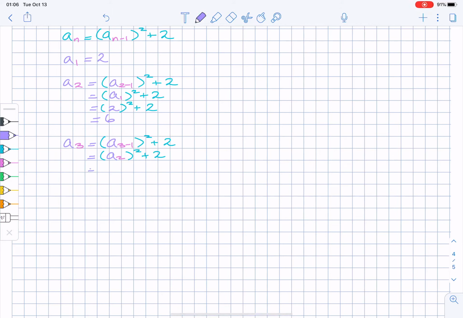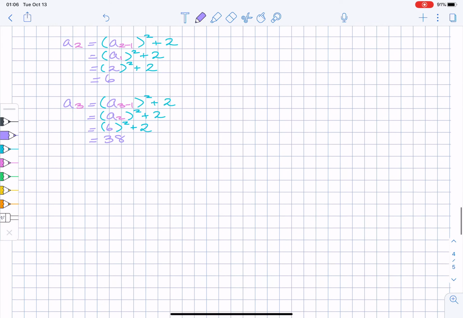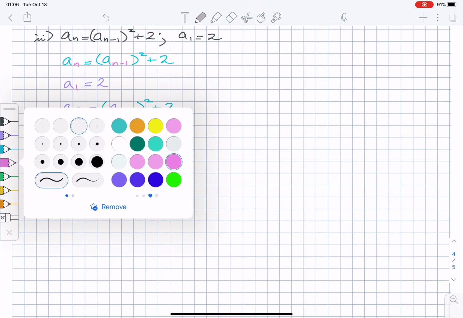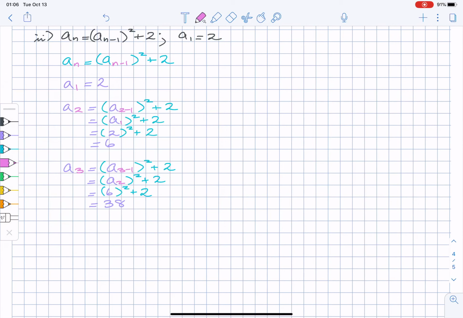So we found that a sub 2 had a value of 6. So we're going to take 6 and square it, which is 36. Then we're going to add 2. So I claim that that's 38. Okay, at this point it's going to become really ugly. So why did I do this? Why did I make it so ugly? Well,